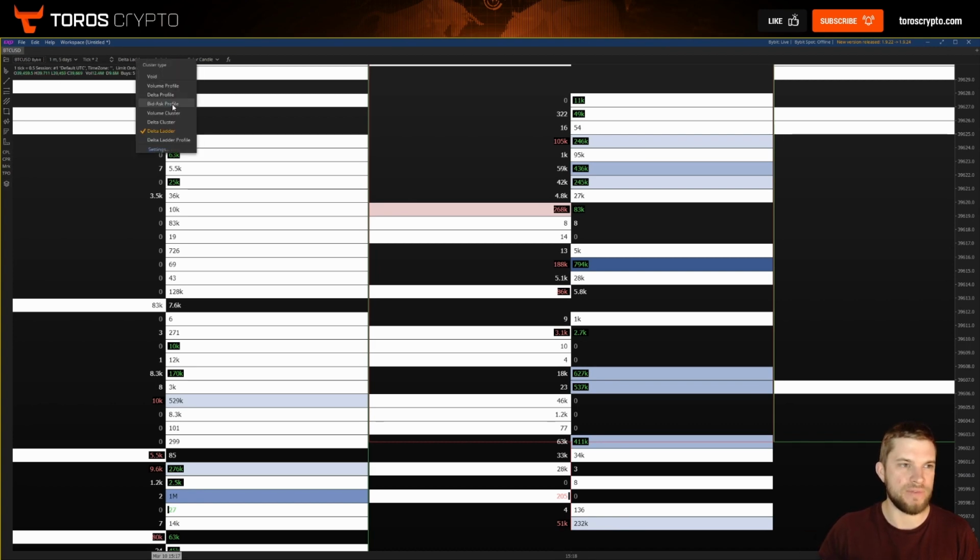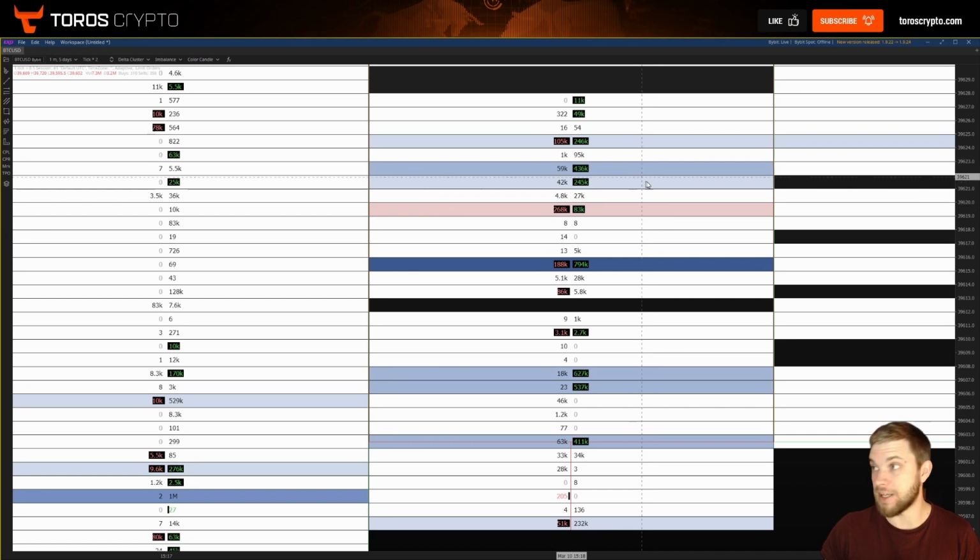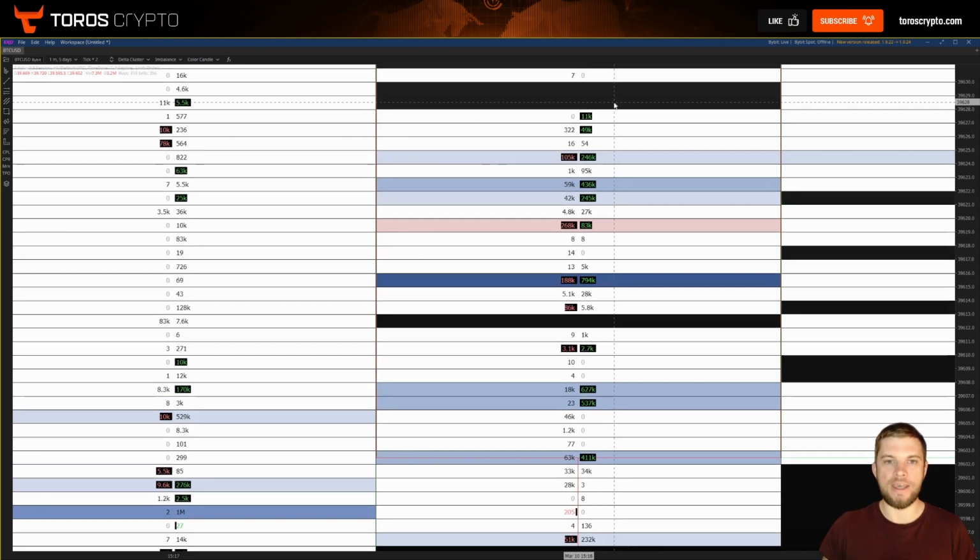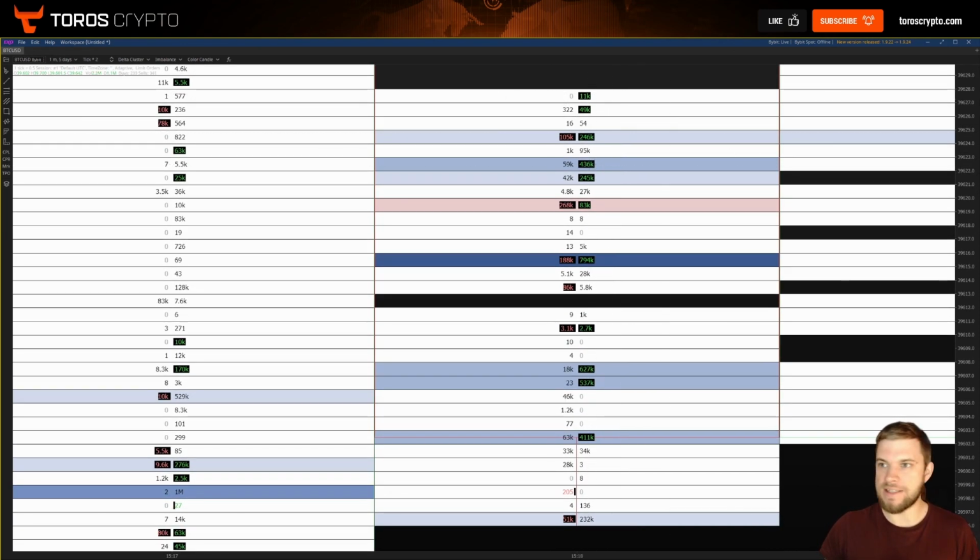I'm going to briefly move this on to, let's just say, a delta cluster so you can see this clearly. Okay, and what we are looking at here is that instead of going across like this and adding or subtracting the two across from each other, you're going diagonally. So 11k on this occasion beats 322 contracts, 49k beats 16 contracts, 105k beats 54 contracts, 246k beats 1k contracts,